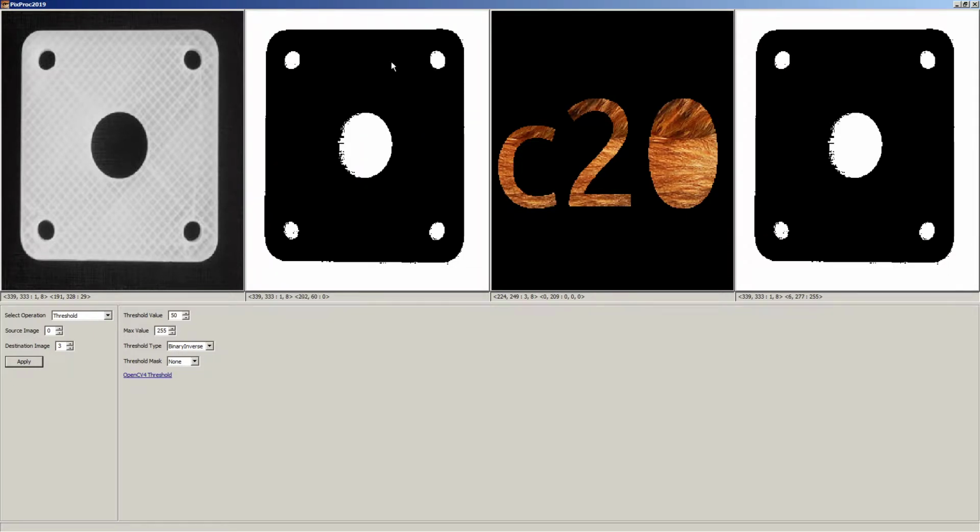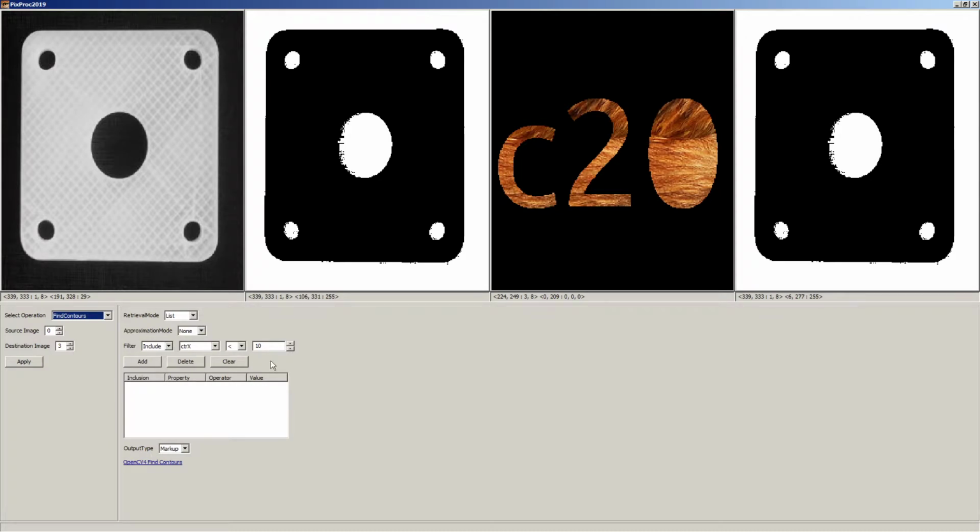So here we've thresholded the image, and we'd like to see if we can isolate or locate these particular holes. And the contour operation, called find contours, will try to retrieve just the non-zero, or in this case white, connected pixels, groups of connected pixels. So if we do a contour operation,